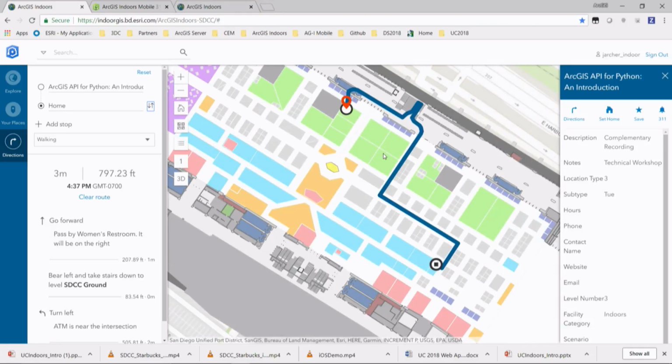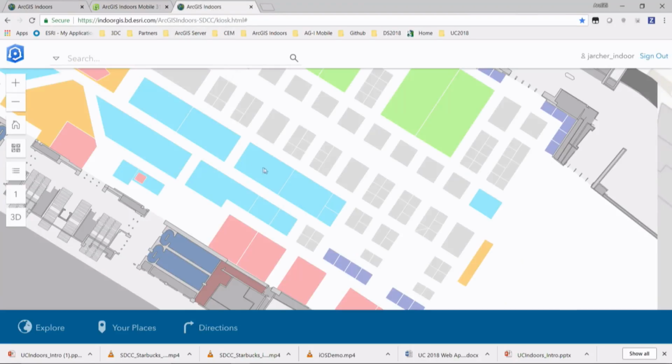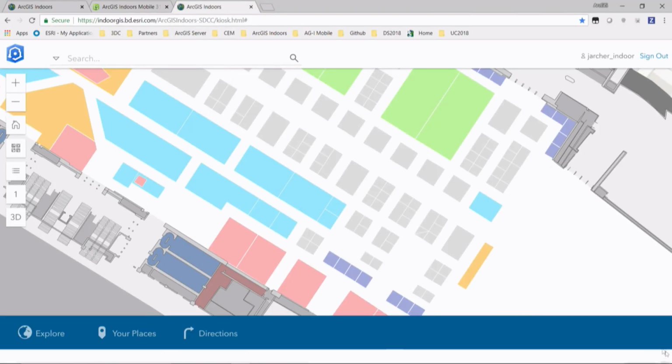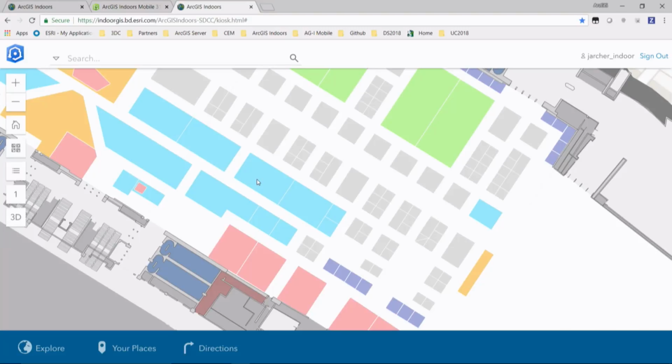So if you want to see more about this, definitely come and see us at the booth. We also have a kiosk version of this app. But the kiosk version is designed to run on a tablet or a touch device. We've had a lot of customers ask us for this. It's like, hey, if I create this great map of my campus, I want visitors to the campus to be able to walk up to a kiosk and find what they're looking for and get a route. So this is what this is targeted for.